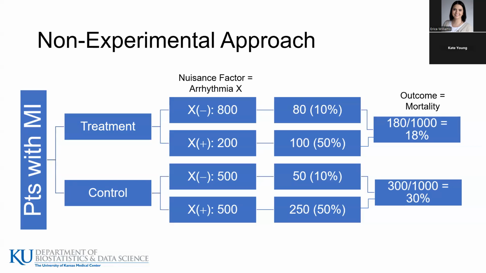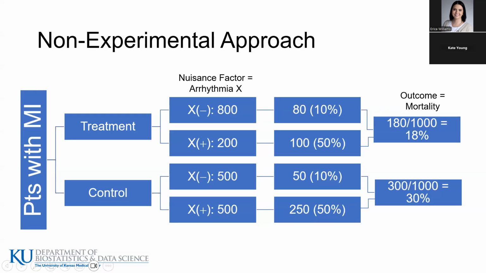This is kind of what I was talking about earlier, which can arise in observational studies where we have a nuisance factor, which may confound the observed association between, for example, in this case, treatment and mortality. So here the nuisance factor is the presence of arrhythmia in a patient. So notice that there's an imbalance of how this confounder